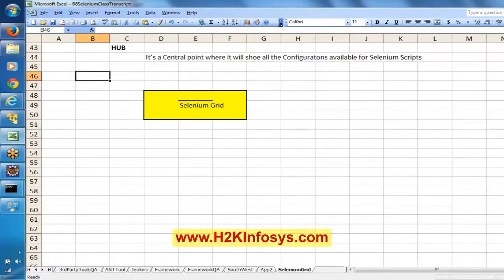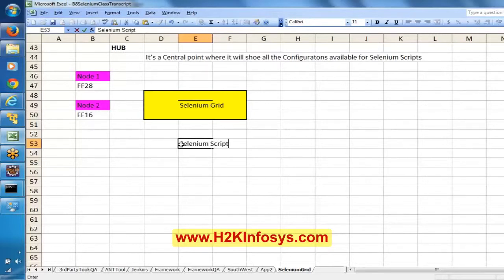Here is one node and here is one node, node 1 and node 2. Node 1 contains Firefox 28, and node 2 has Firefox 16. Now here we have Eclipse, and here we have the Selenium script.